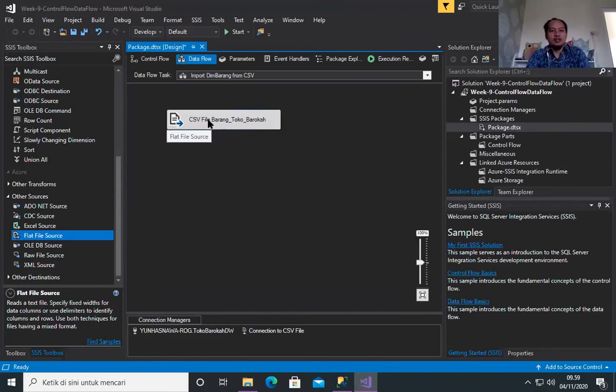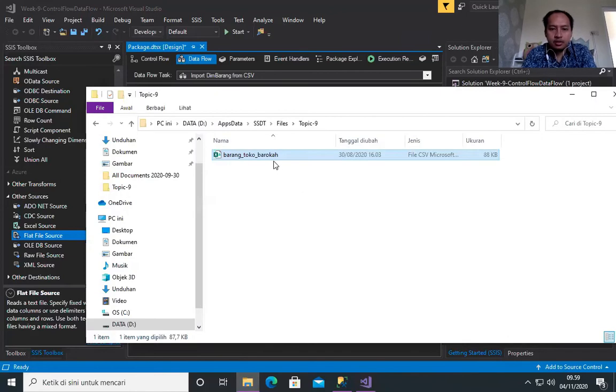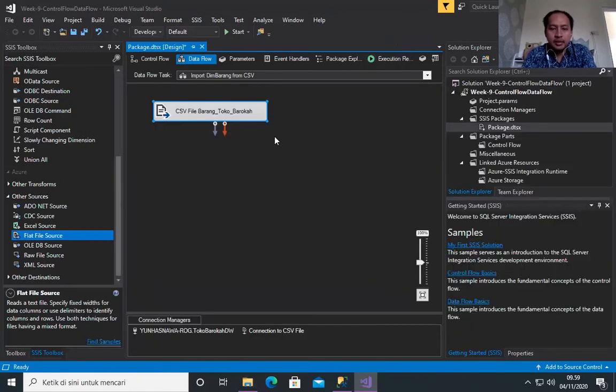I rename it according to my actual file name. Because my file is Barang Toko Barokah, to make it easier to understand what this element is doing, I change the name to the same as my actual file. Okay, so we are finished creating our source.